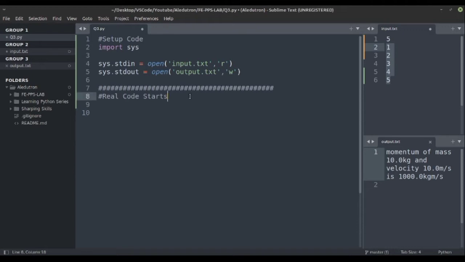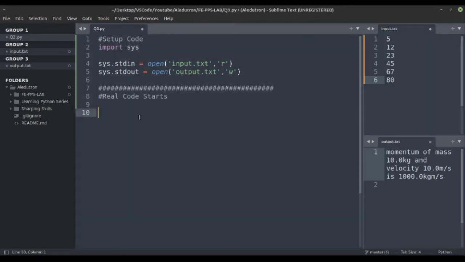Here I have done the pretty basic setup, which you can see in our first video. So let's head to the question directly. First of all we need an integer n, which is the total number of elements in the list, meaning the user is going to give how many numbers. So let us take 5 numbers, and the next 5 lines would consist of the 5 elements. So let it be 12, 23, 45, 67 and 80.